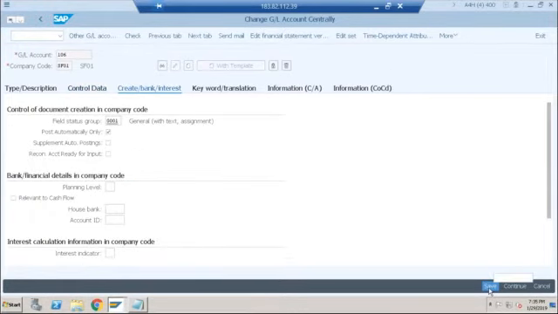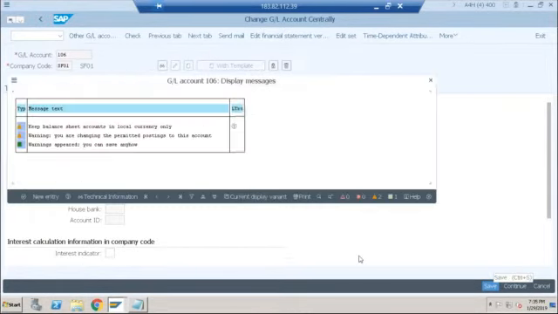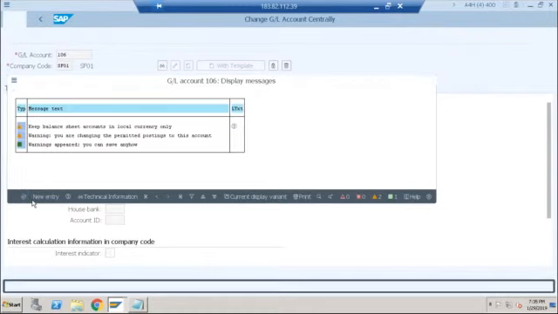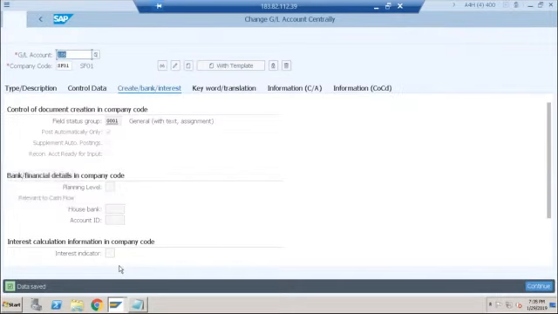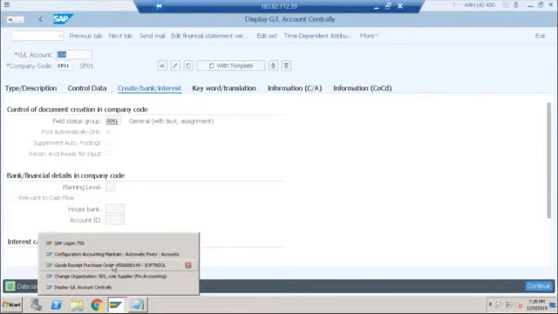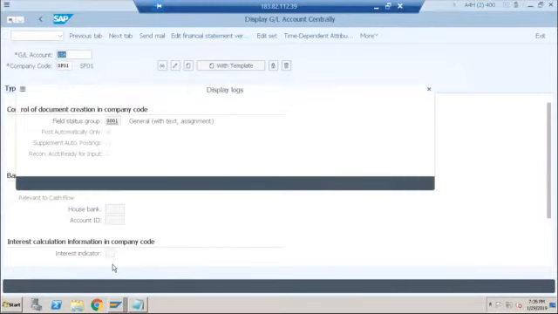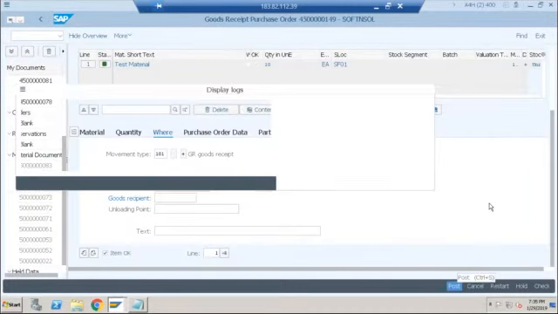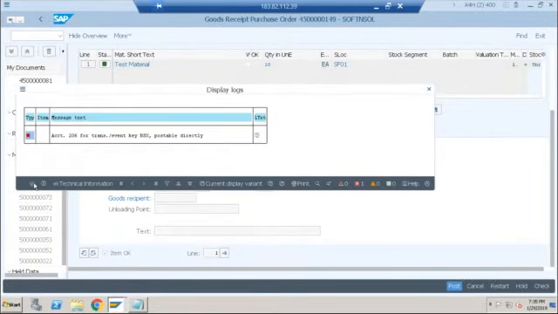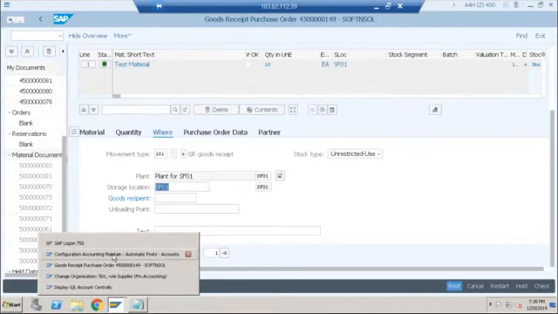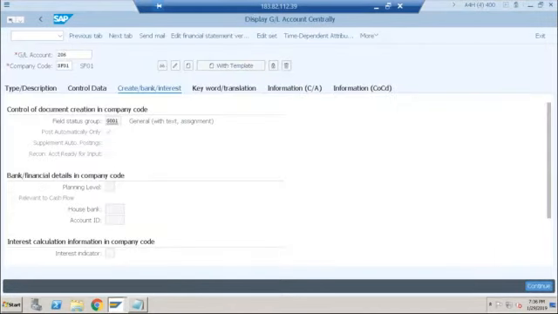Let's go to Migo once again. Let's close this and try to post. Same thing. It is showing 206, sorry. So we need to also do this same thing for GL account 206, which is for material. So both the accounts should be only allowed to post automatically. Save,